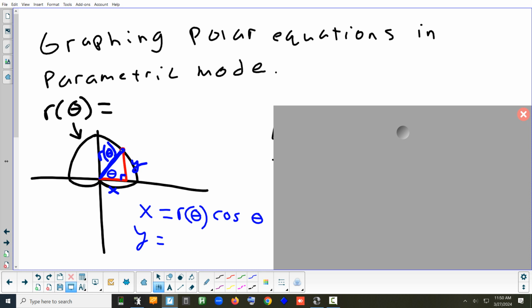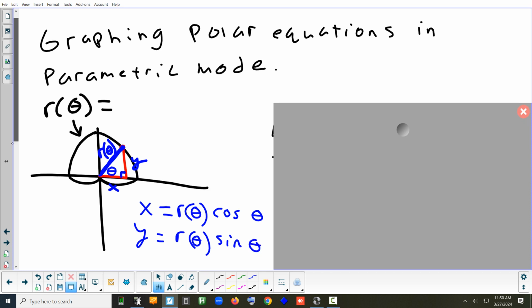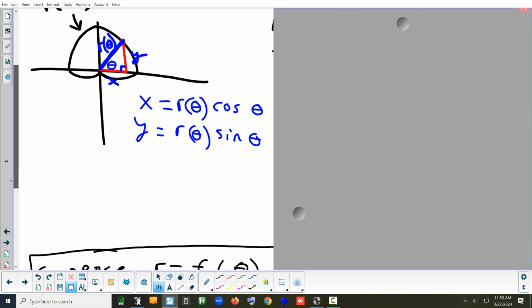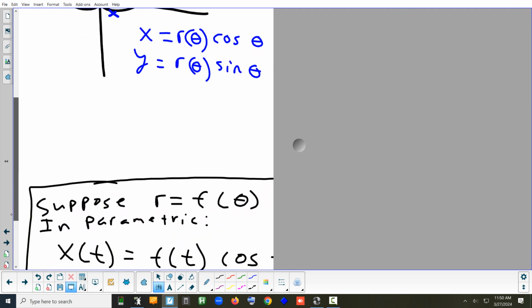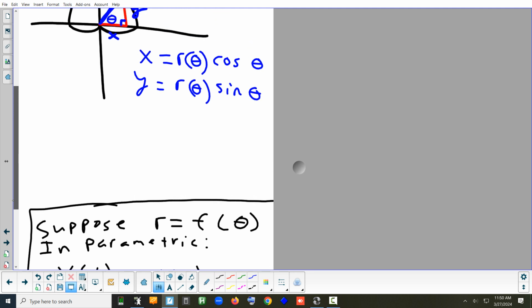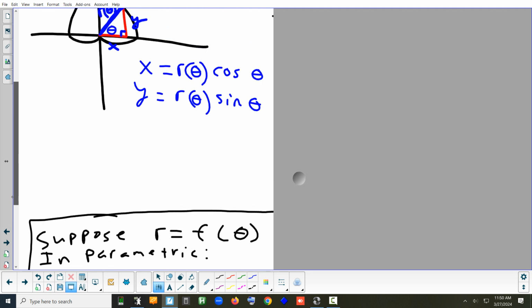Isn't it r theta sine? Right. It's whatever the radius is for that amount of angle that you're rotating, which you won't know until you plug it into the formula, times the sine of theta. And that's basically how you change polar to parametric. The only thing I have to really do is instead of writing r's and thetas, we